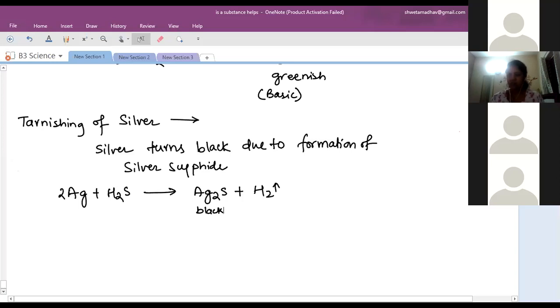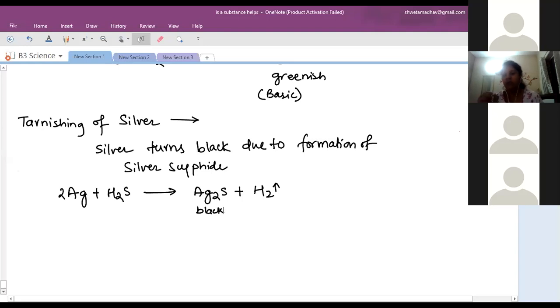Aluminium is a reactive metal, so it easily reacts with atmospheric oxygen and loses its luster. The initial aluminium containers which we purchase shine like a mirror, but after some days they become dull. That happens because of the formation of aluminium oxide. Just like iron loses its luster and forms iron oxide, aluminium also combines with oxygen and forms aluminium oxide.